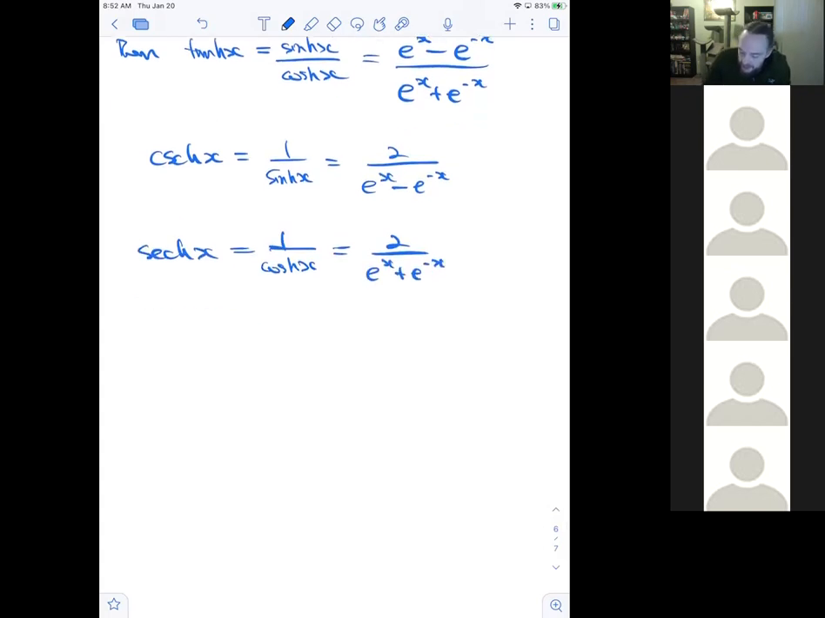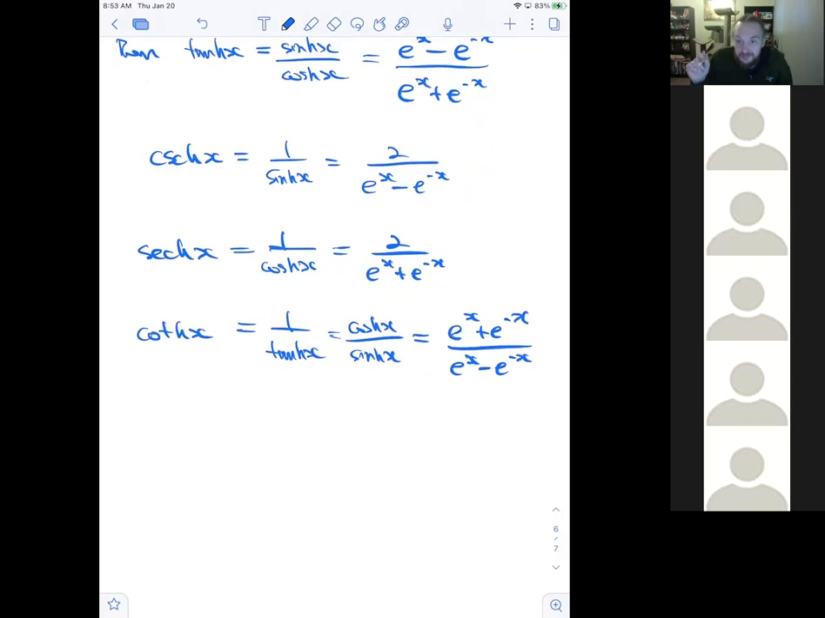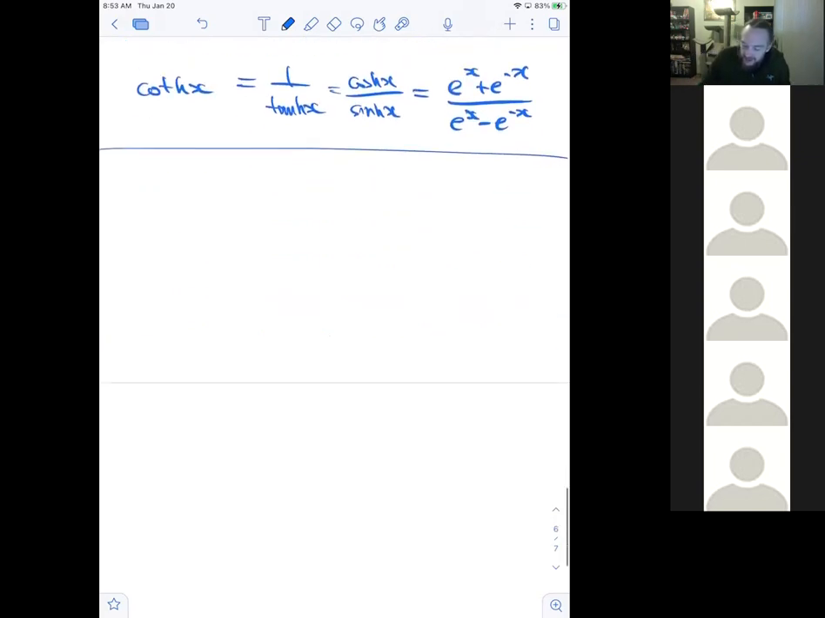And then cotangent hyperbolic x is equal to 1 over tan hyperbolic x, which is cos hyperbolic x over sine hyperbolic x, which is equal to e to the x plus e to the negative x over e to the x minus e to the negative x. These are the functions. The three main ones, their graphs are going to be